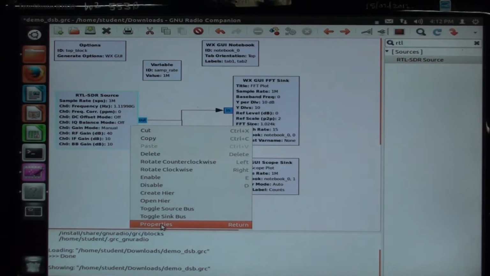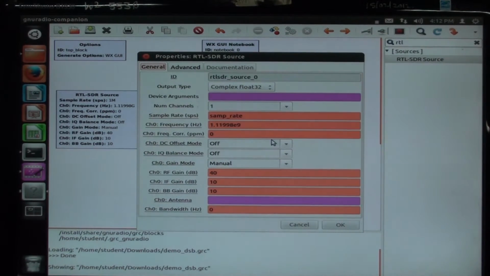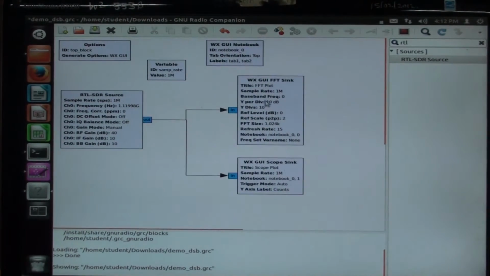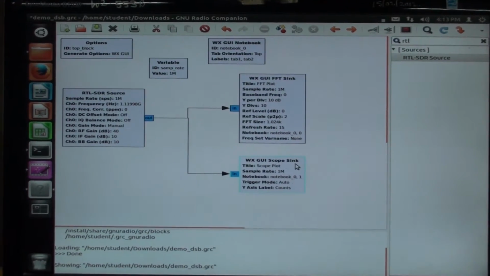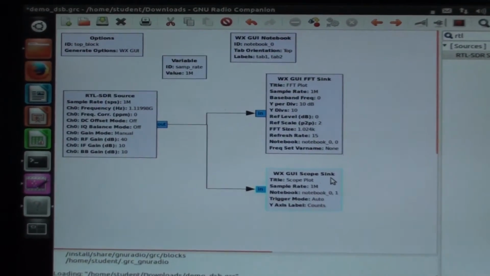We can use the properties of this block to set the center frequency. The center frequency should be same as the center frequency used by the transmitter. This is the FFT sink block, which we can use to view the spectrum of the received signal. This is the scope sink block, which we can use to view the time domain signal which is received.